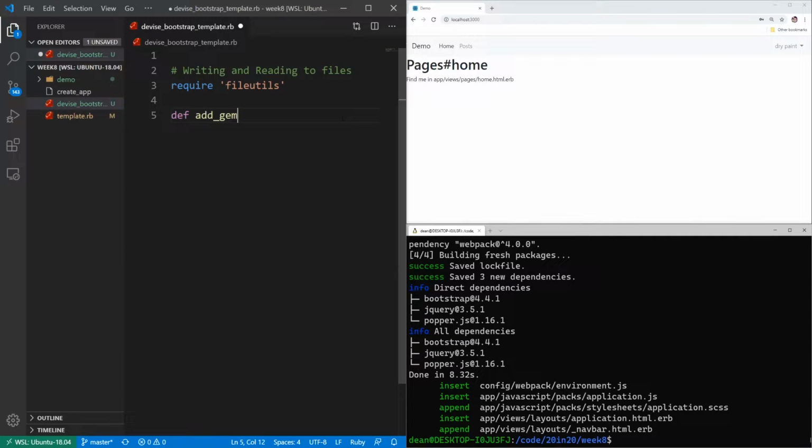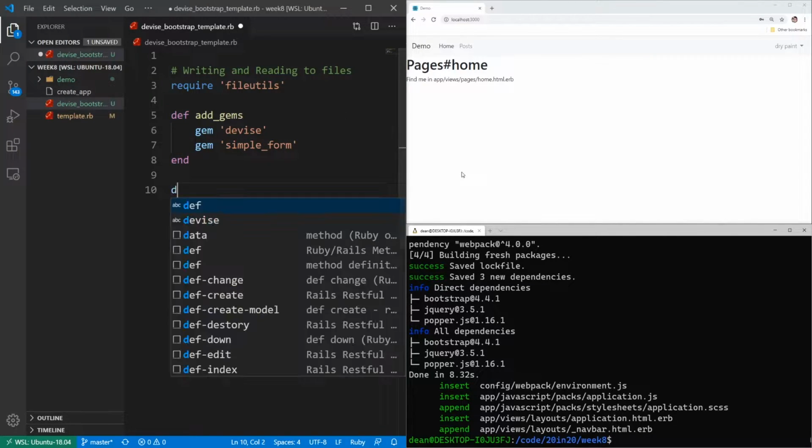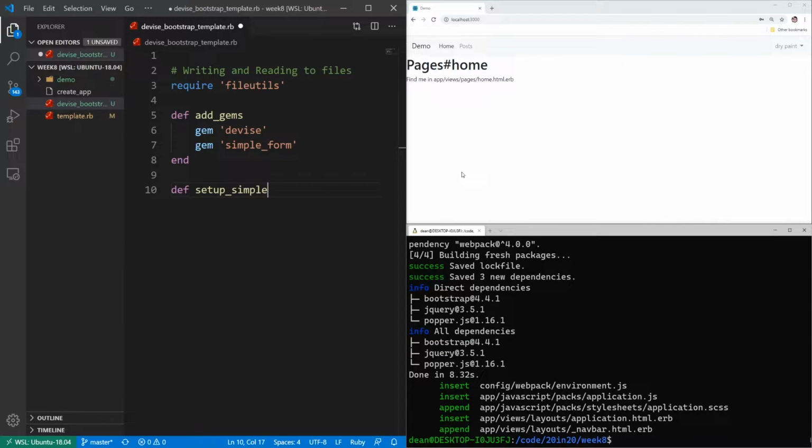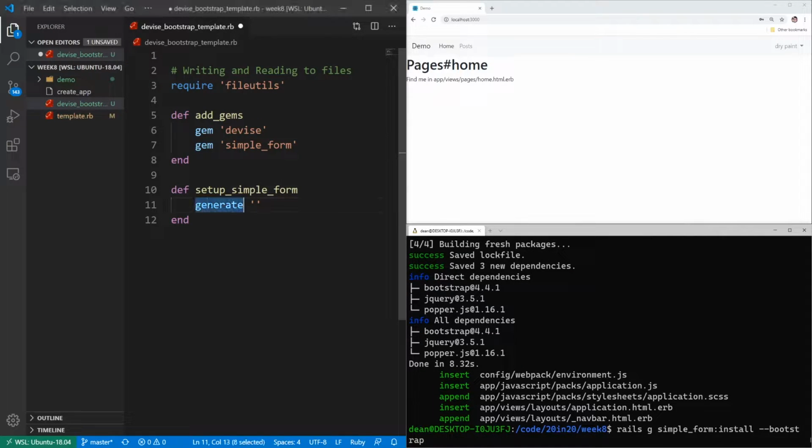Now, for a lot of this, we're just going to be adding some basic functions, and a lot of the magic will be handled for us. So here I'm just adding in Devise and simple form, and then I can say def setup simple form, and then I can call the generate command, which if you've run the simple form installer before, you know this is rails g simple_form:install bootstrap. So that's what we're going to do in here. We call generate, and then in the string, it's the same as the command would be. So simple_form:install